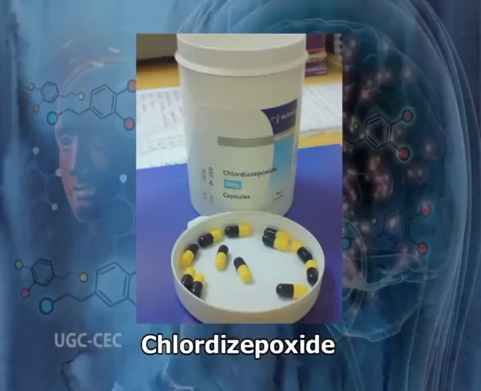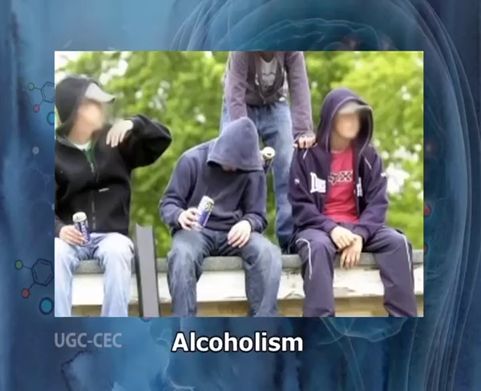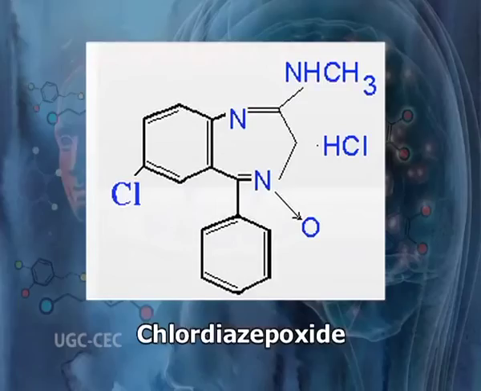Chlorodiazepoxide is used as a tranquilizer and to treat withdrawal symptoms of alcoholism. This drug relieves anxiety and reverses the dampening of social behavior when the neurotransmitter serotonin is depleted or decreased. It blocks the anti-anxiety effect of chlorodiazepoxide. This effect leads us to conclude that the serotonin transmitter mechanism is involved in the process of anxiety and in the